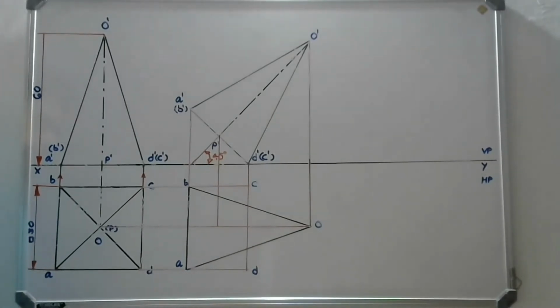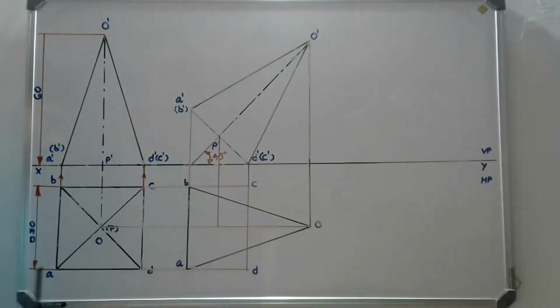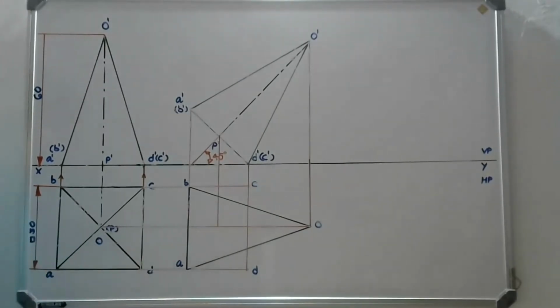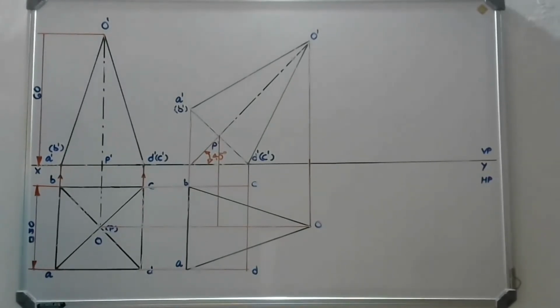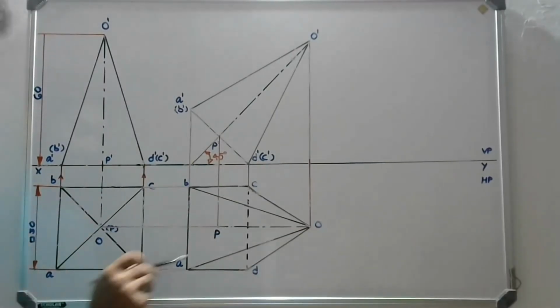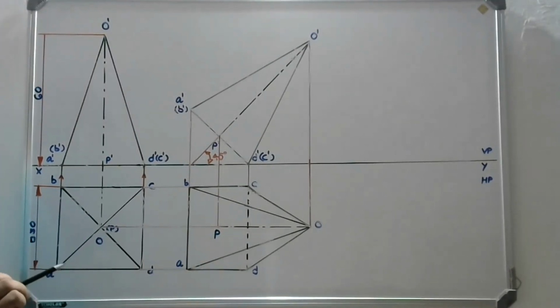In the top view, we can see A, B, B, C, and A, D base edges. The resting base edge C, D is not visible in the top view, so CD is maintained as a dotted line. The other three lateral triangles are visible. The second top view is completed. CD is a resting base edge which is invisible in the top view.